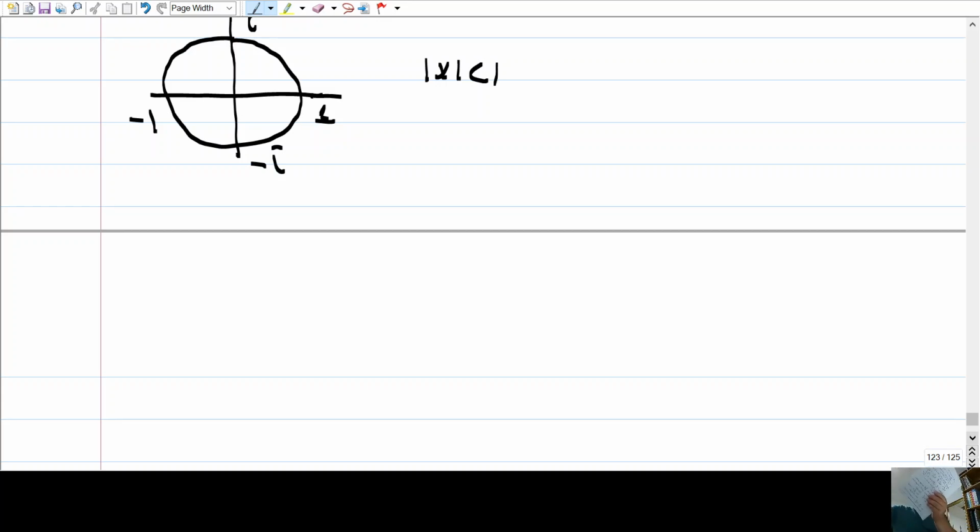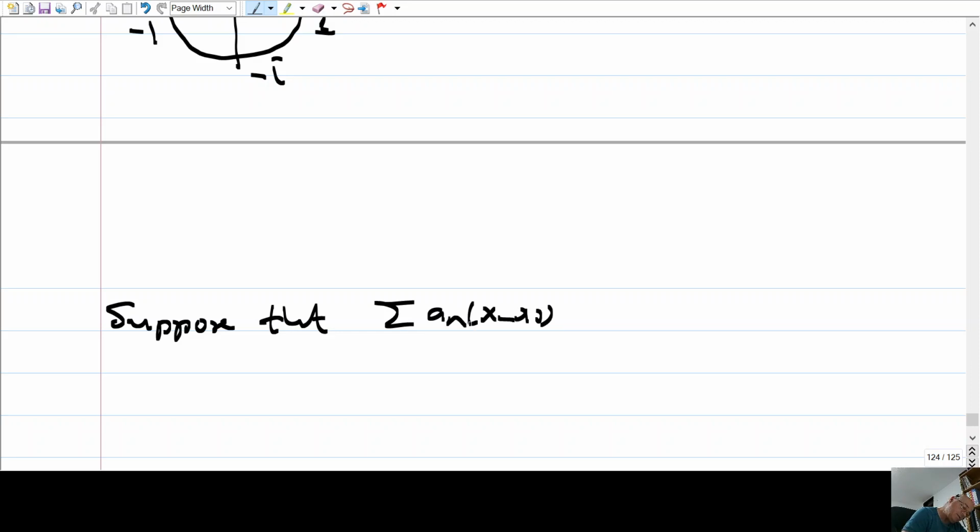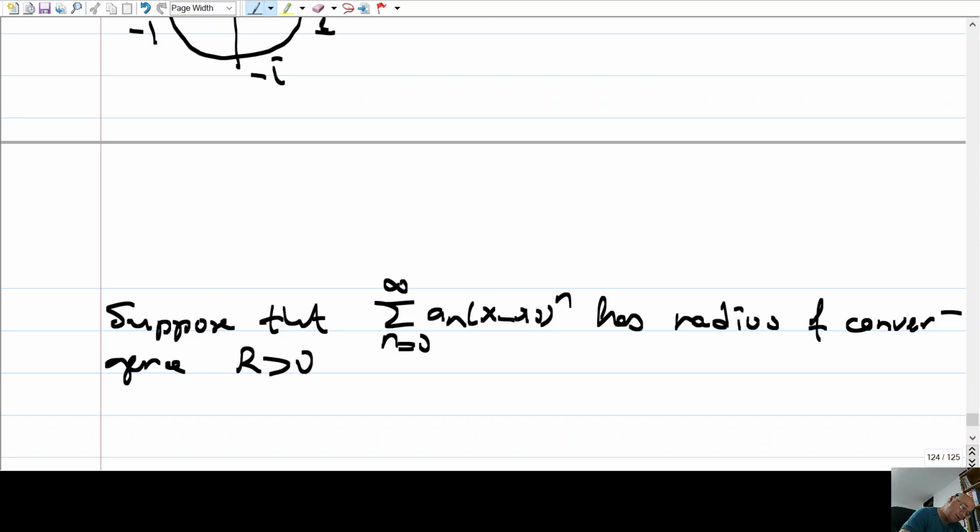Maybe a couple things about power series also. Okay, now suppose that the sum of an x to the power n has radius of convergence r greater than 0. Then of course